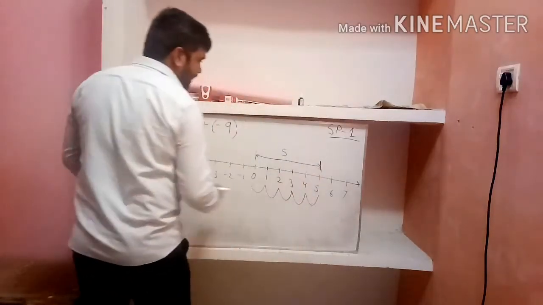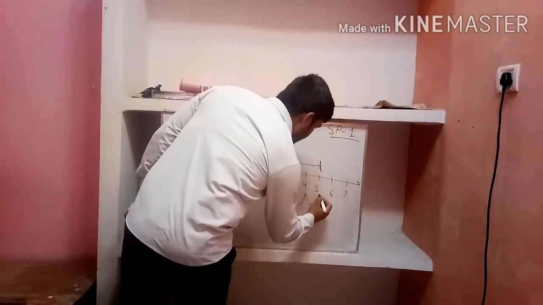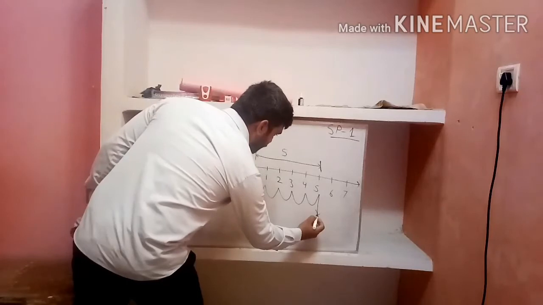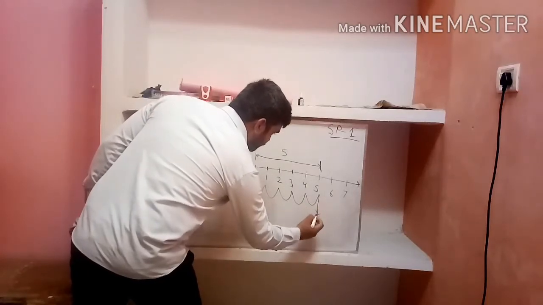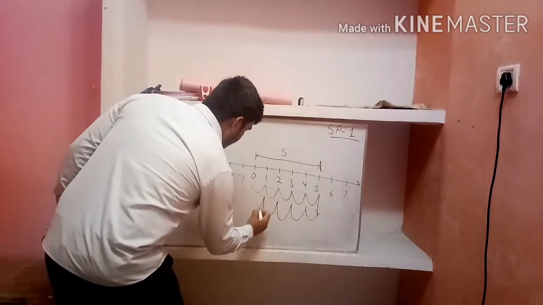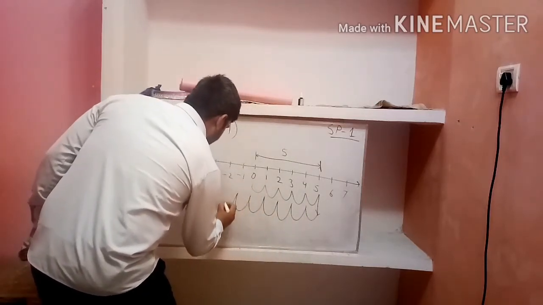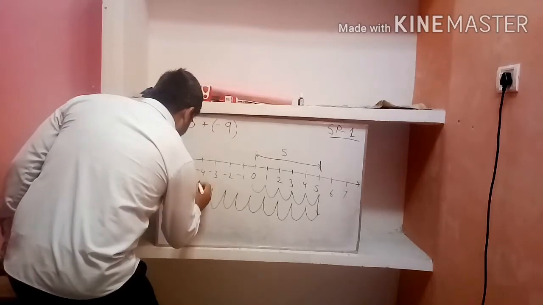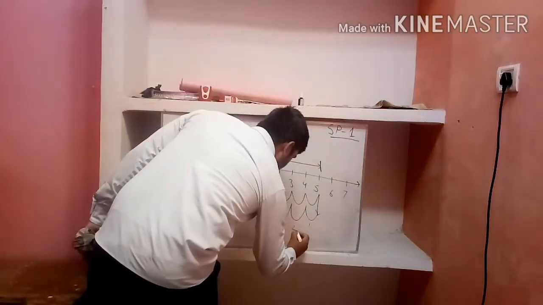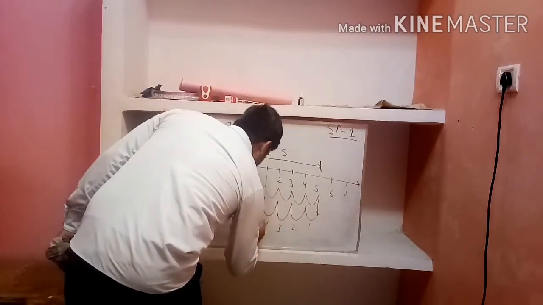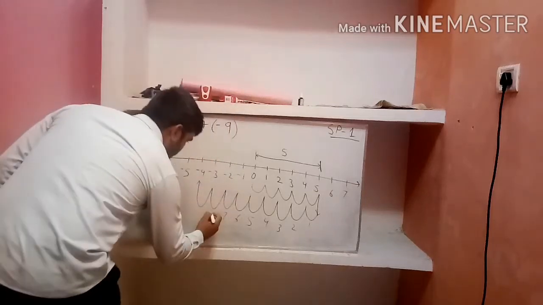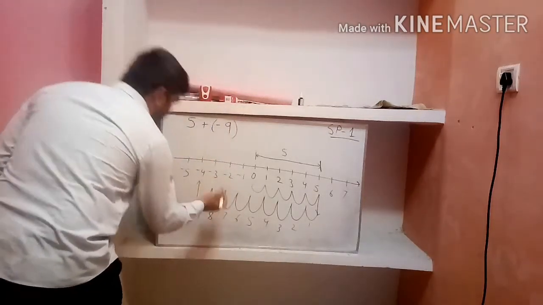Now at this time I am on this junction. Now I have to move 9 steps left. So count again, you can count it also. 1, 2, 3, 4, 5, 6, 7, 8, 9. So this is the 9 steps. You can count also. 1, 2, 3, 4, 5, 6, 7, 8. So 9 steps left.